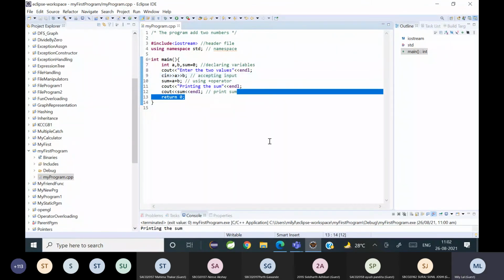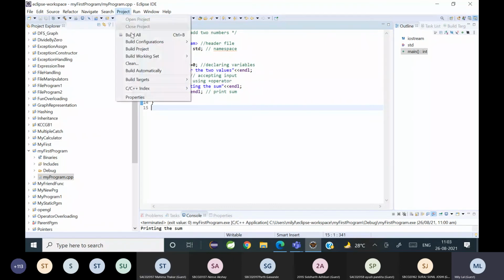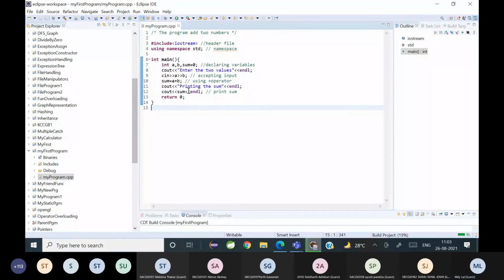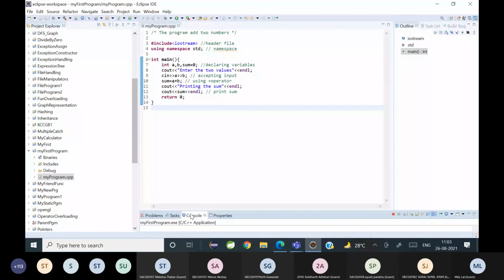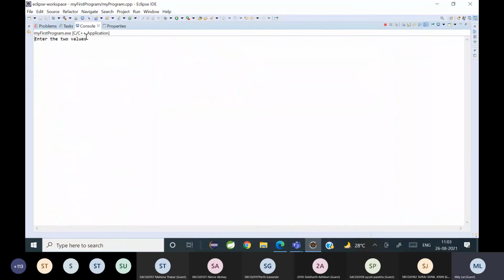Can you see how it looks if I'm accepting values from the user? Okay, now I'll build it, then run. See, now it's asking me to enter two values.